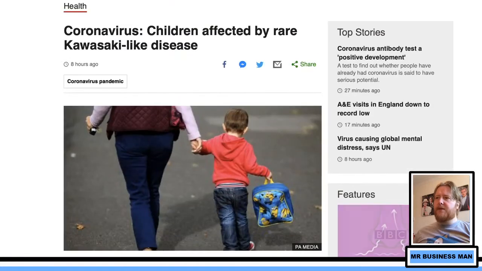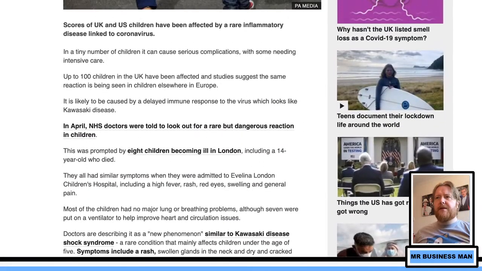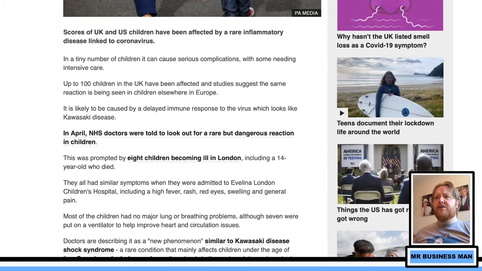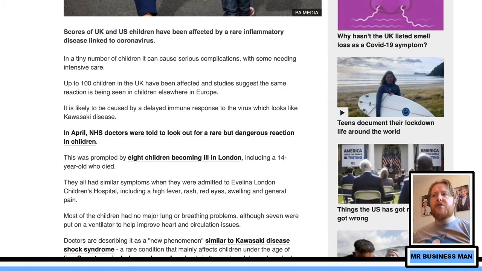Let's have a look at this one. It says scores of UK and US children have been affected by a rare inflammatory disease linked to coronavirus. In a tiny number of children, it can cause serious complications, with some needing intensive care. Up to 100 children in the UK have been affected, and studies suggest the same reaction is being seen elsewhere in Europe. It's likely to be caused by a delayed immune response to the virus, which looks like